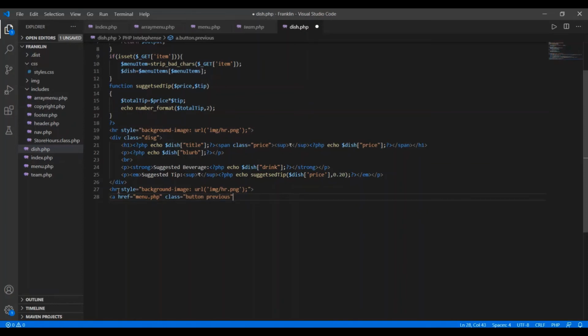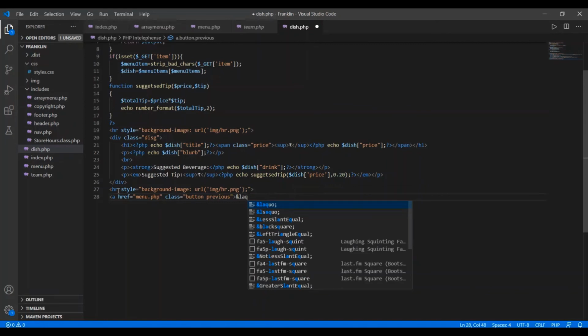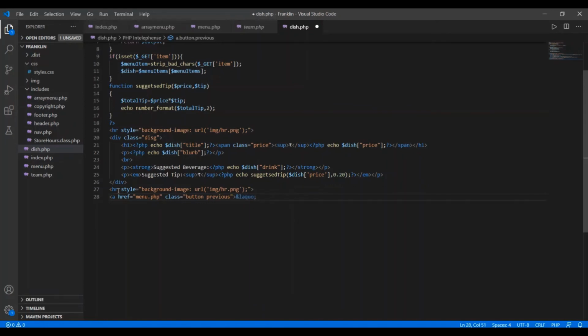Button previous is the class name. Then here I just wanted to use two symbols, so for that I am writing HTML code, okay, and the text is back to menu, then close the anchor element.